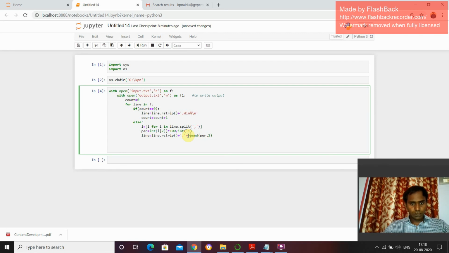So, str of round of percentage comma 2. Clear? Next I go to the new line, so then slash n. Okay, so now this is what we have to use